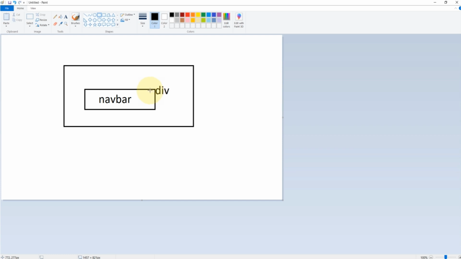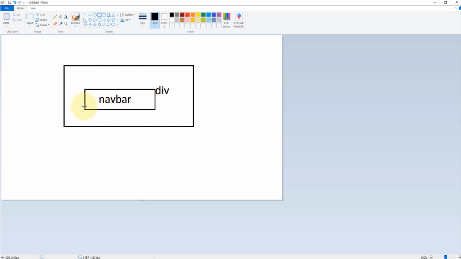Margin will affect outside of the element border, padding will affect inside of the element border. You should remember this compulsorily. That is the box model concept.